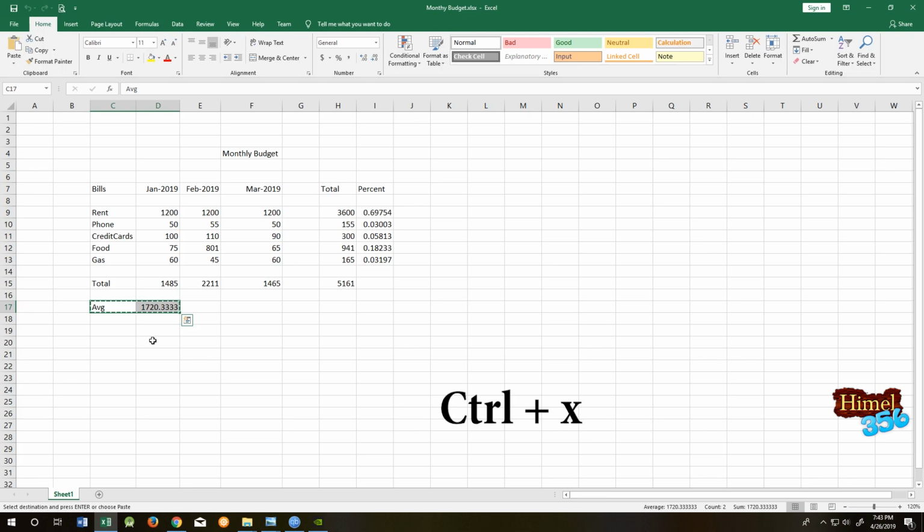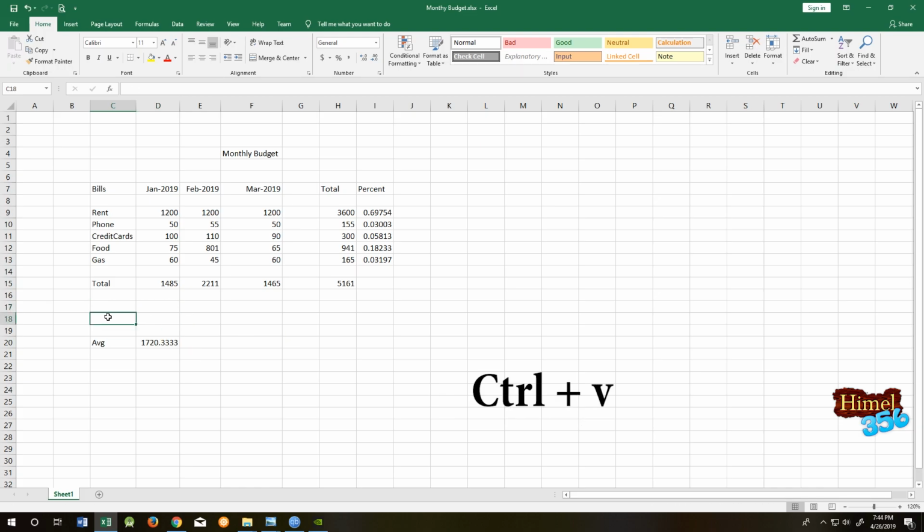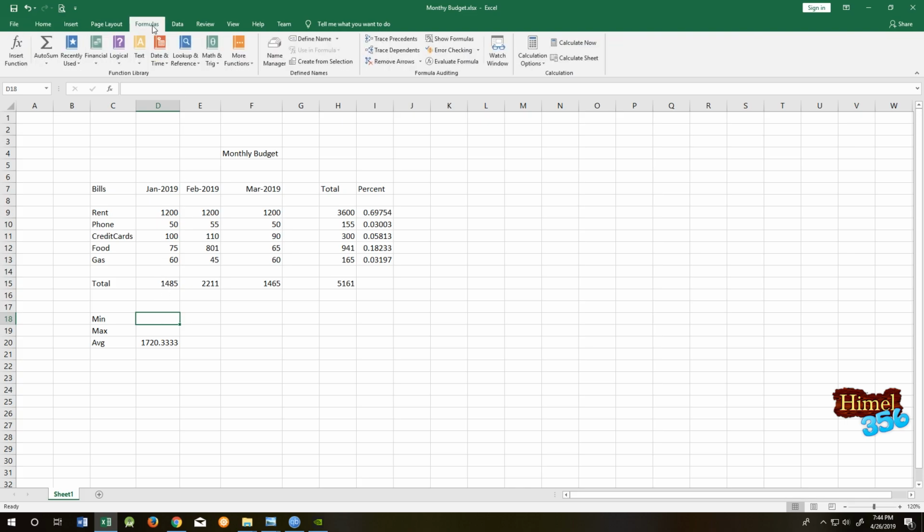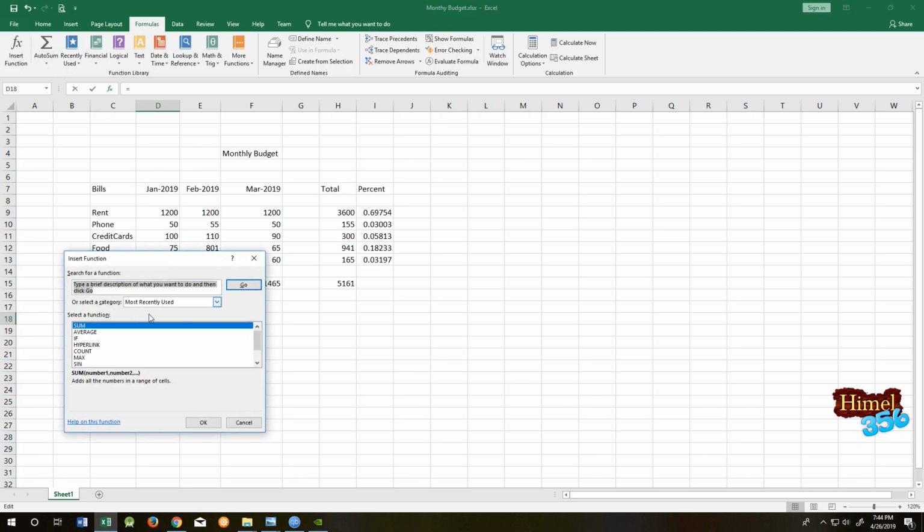Ctrl X, then select the position, Ctrl V. Now add minimum and maximum. Let's get the minimum value and the maximum value for January. So if you remember correctly, go to formula, insert formula, min, go, minimum,